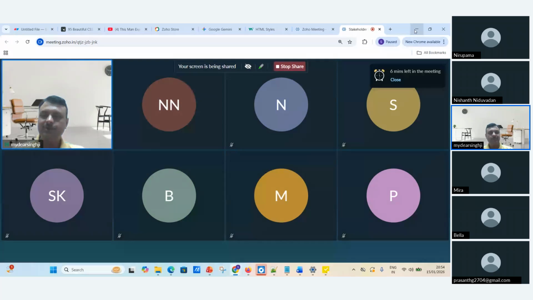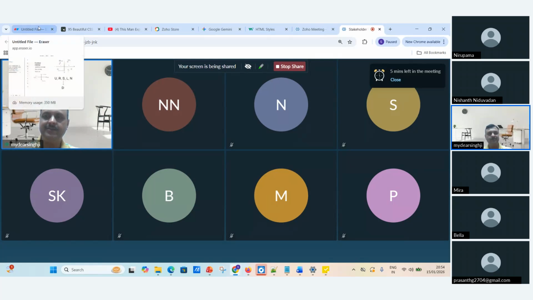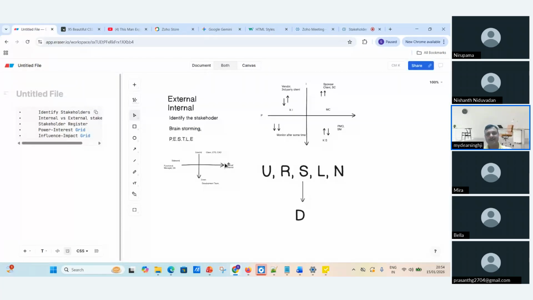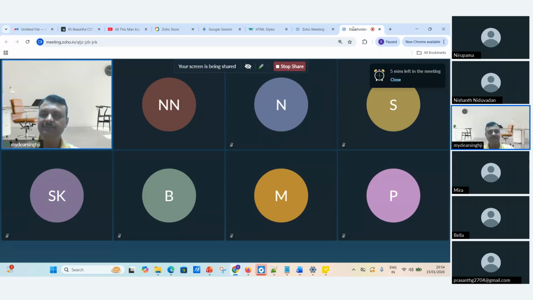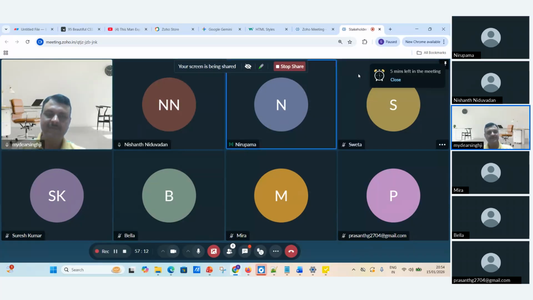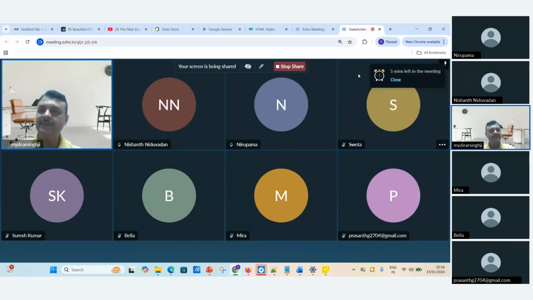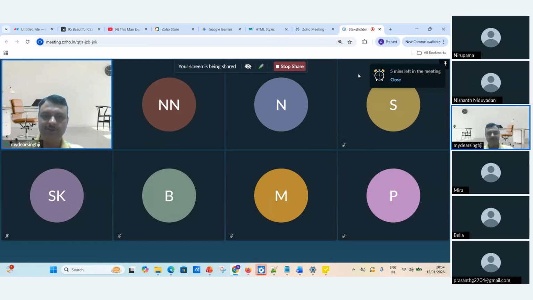So today we understood completely the stakeholder part, some of the scope estimation techniques, the power interest matrix, the categorization of stakeholders, and how we identify stakeholders. So all these things we understood. Is this clear? Guys, is this clear? Yes. Today's session we are closing for the stakeholder part.